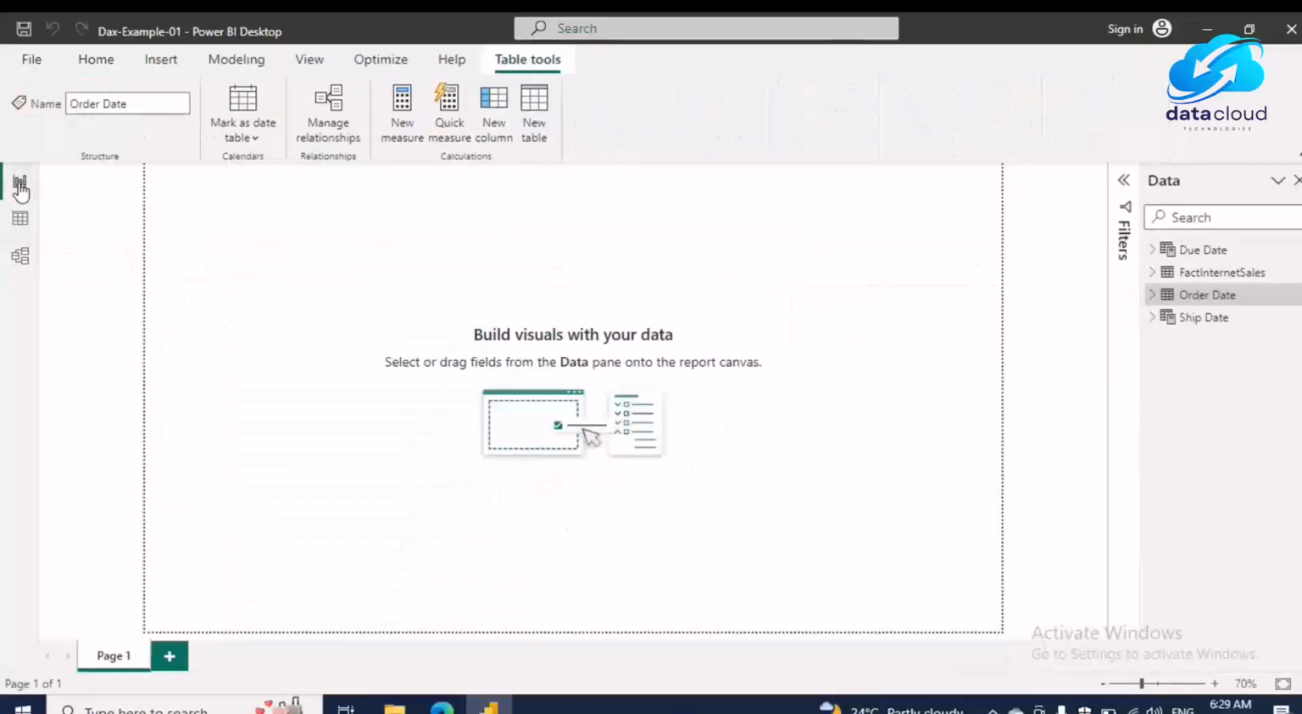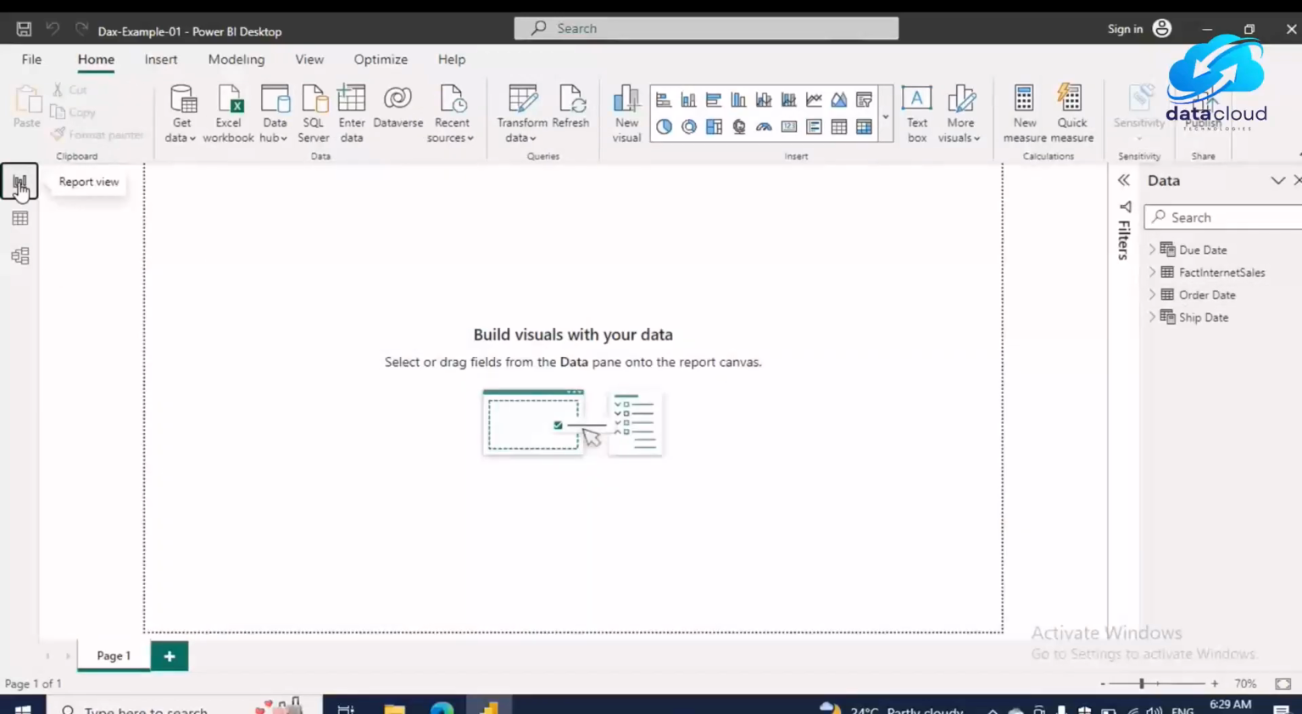Now, let us go to the report view. Here, we try to create a table with the name customer sales. This customer sales table contains